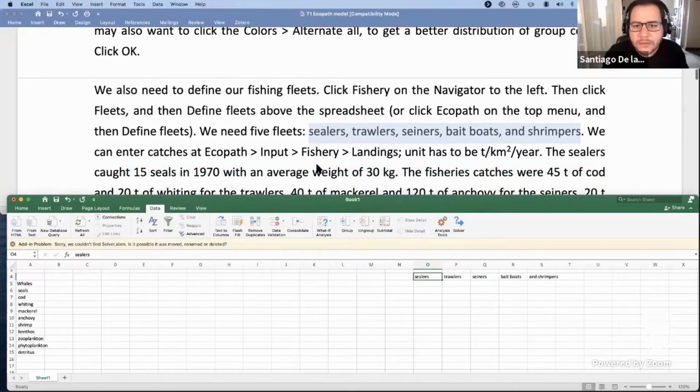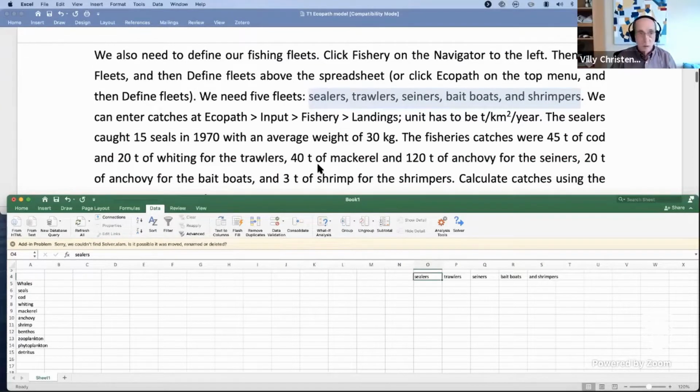And then let's look at the landings. I'm going to start there, it looks like. The sealers caught 15 seals. So we're going to find seals and sealers equals 15. And remember, one of the really important things about this, it's not like real estate, location, location, location. Here, it's units, units, units. So 15 seals, and each of them is 30 kilograms. That's our landings, but now it is in kilograms. So it's divided by 1,000 to make a ton. And then we have to divide it by the area. And the area is 100 square